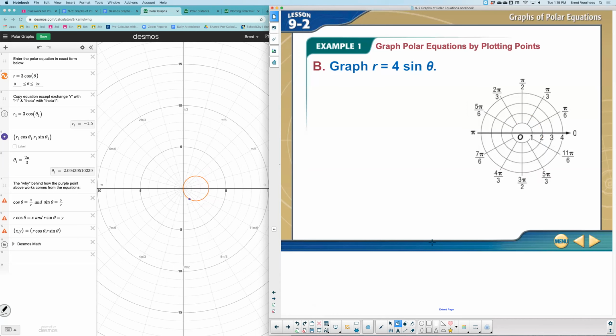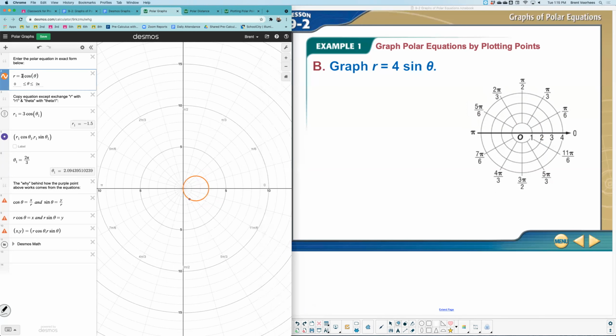Let's try for sine. And so let's see the difference when I go to for sine. So for sine, what that does is it's going to move my graph vertically because sine is y. Sine has to deal with the y component. And again, it's going to extend as high as 4. I say again, last one extended to 3, but the coefficient was a 3. This time my coefficient's a 4, so it will extend as high as 4,